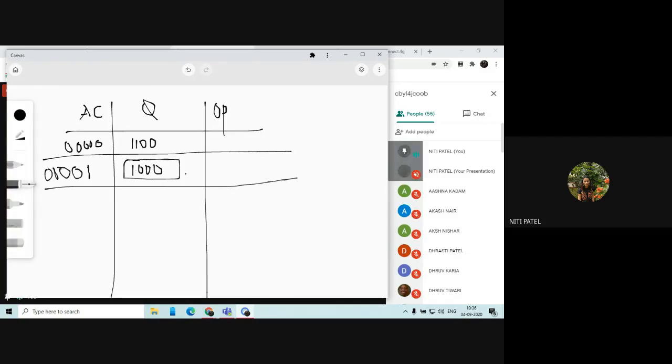Now check, did you get the values restored? Yes, ma'am. After restoring after the left shift, I got 0 0 0 1 1, and Q is 0 0 0 with one box empty. Tell me, you got Q as 0 0 0 and then one box empty, right? The last box is empty.